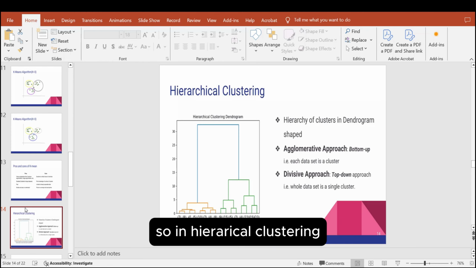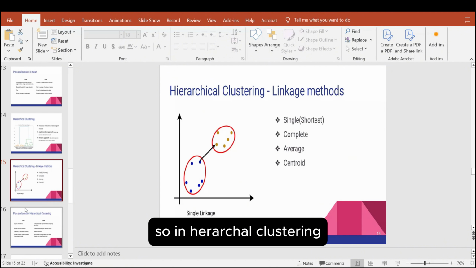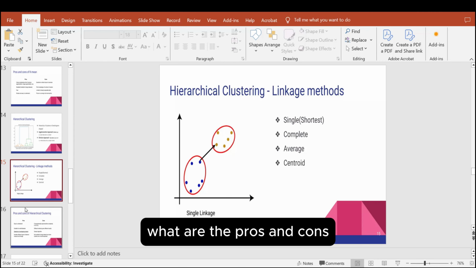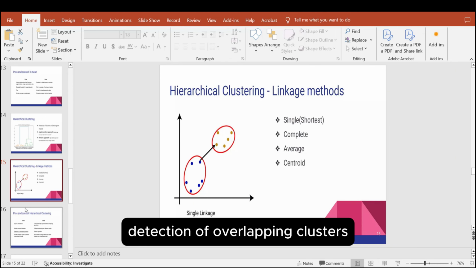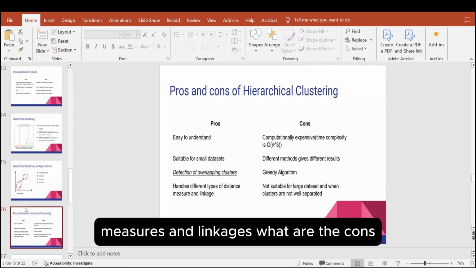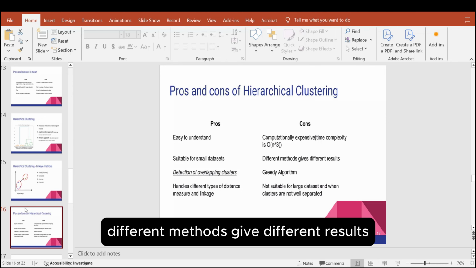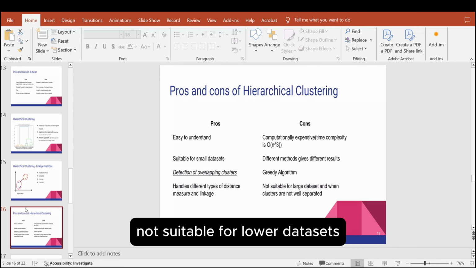So in hierarchical clustering, we have single, shortest, complete, average and centroid linkages. We can actually make the linkages between two clusters as well. What are the pros and cons? Pros: easy to understand, suitable for small data sets, detection of overlapping clusters, handling different types of distance measures and linkages. What are the cons? Computationally expensive, different methods give different results, and it is a greedy algorithm,